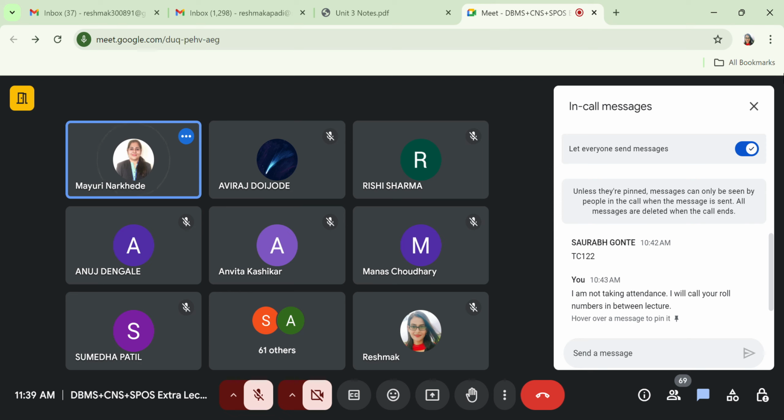Yes? Yes, Atish? Can you tell me which different types of loaders we have seen up till now?